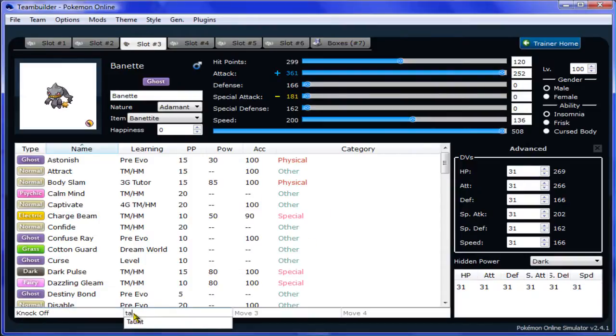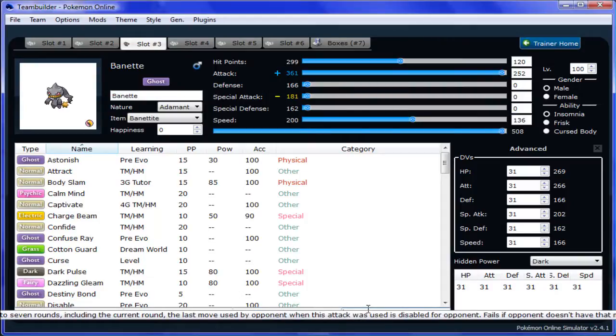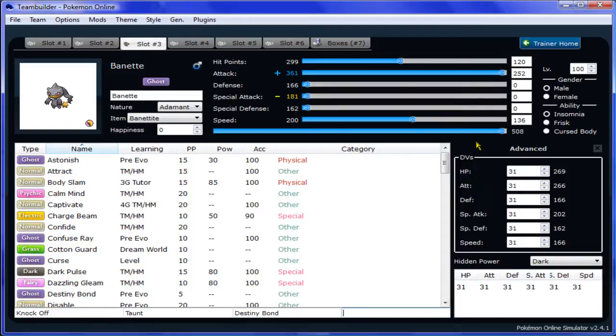I'm going to be using Taunt, of course, because Prankster Taunt's really useful. Destiny Bond is a definite must here, because I'll be able to stop any Pokemon that I want, pretty much. Any Pokemon that's not good for me, not good for this team, I can just send out this thing. It's like a suicide Pokemon. It could be used as a suicide Pokemon. And then Protect, because